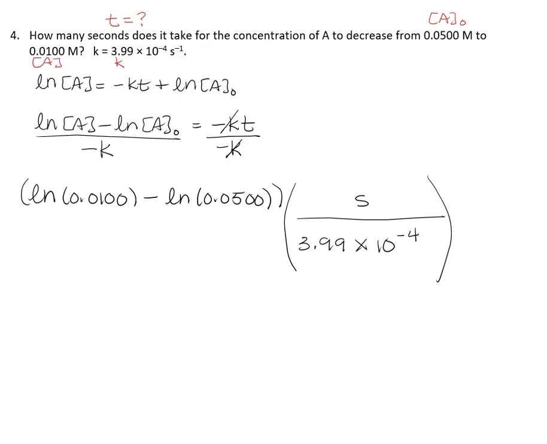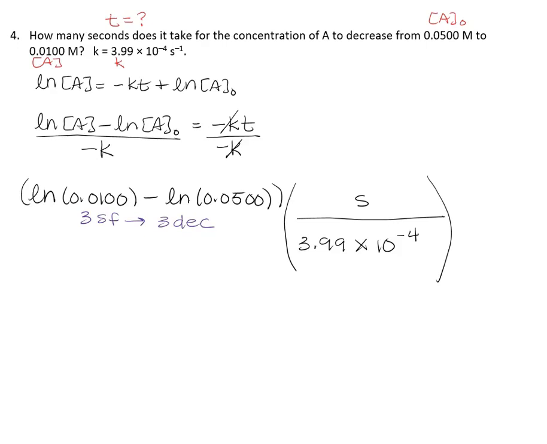Taking a look at the sig fig rules for our first term, the subtraction of the ln's, both of the terms are the same. They each have 3 sig figs, which will turn into 3 decimal places after we do the subtraction. And so that result will be to 3 decimal places. Let's go ahead and do that first.